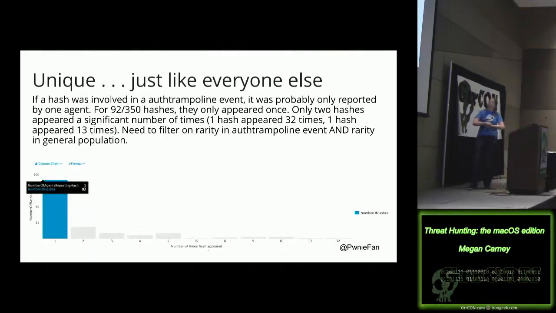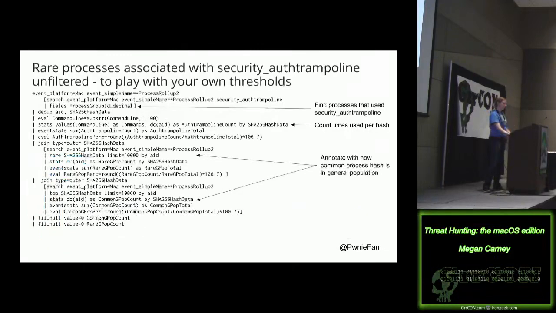Well, I'll get to the deal with part in a moment. This is just some more data to hammer home the point: if a hash was involved in an off-trampoline event, it was probably only reported once by one agent. So the rarity just based on off-trampoline wasn't good enough. What you have to filter on is the rarity in off-trampoline and the rarity in the general population, which led to this unholy query,